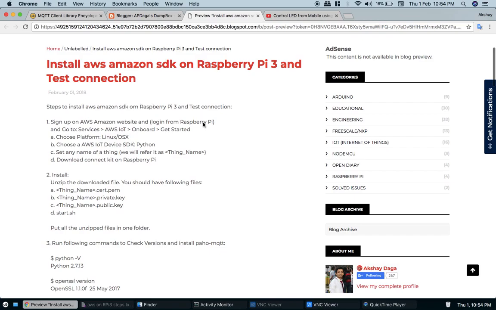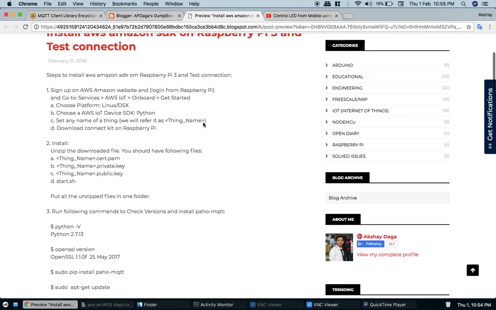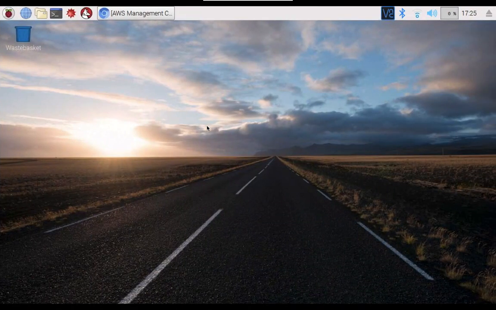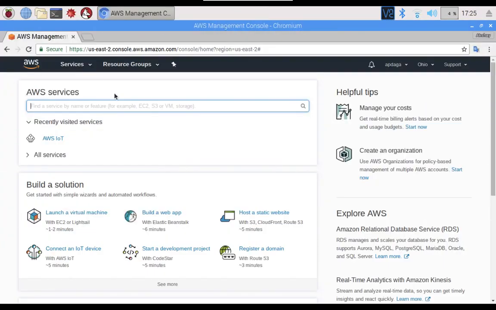So let's start. We will log in to our Amazon AWS account, and we will configure our Raspberry Pi. We will download the SDK, then we will install it. So let's begin. Start your Raspberry Pi. This is the Raspberry Pi, and open the Amazon account here. Okay, log in here. I have already logged in. Here go to services,